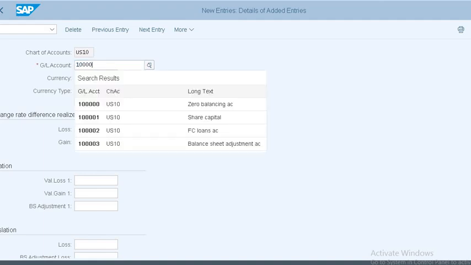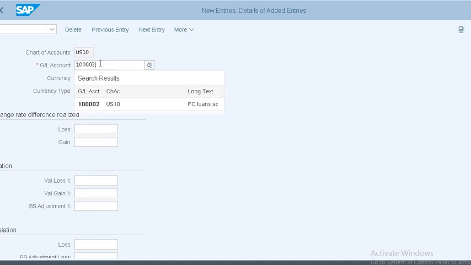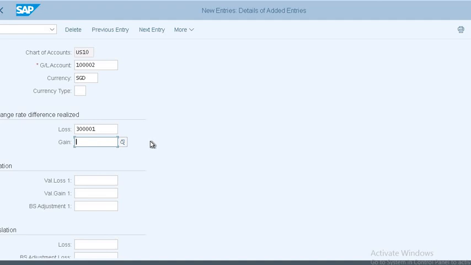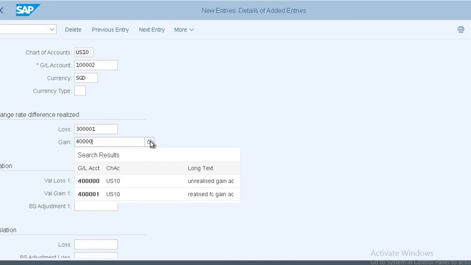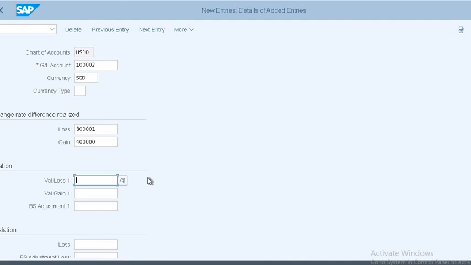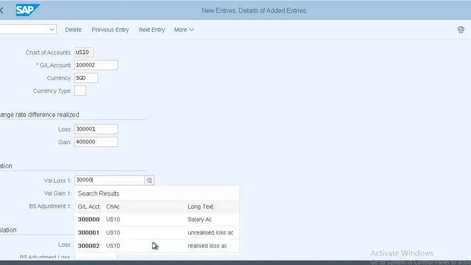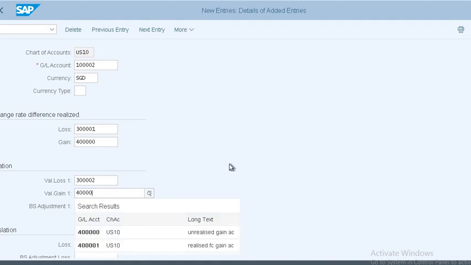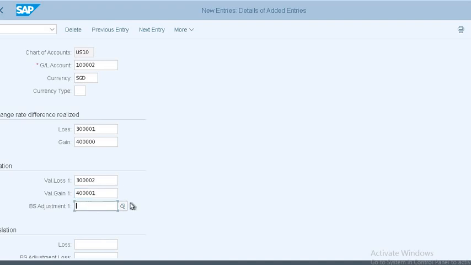Here we need to give the foreign currency loan, yes, and which currency we are doing, Singapore dollar, and here the loss account, which is the loss account, unrealized gain account, realized loss account, realized gain account, and this balance sheet adjustment account.